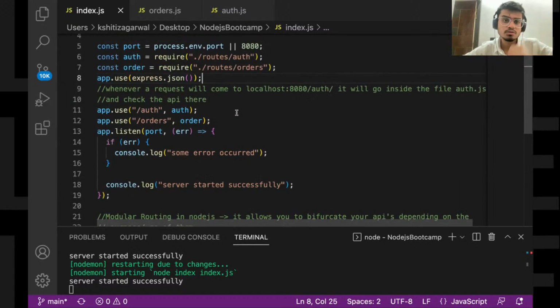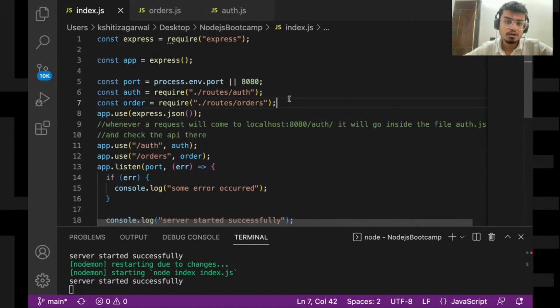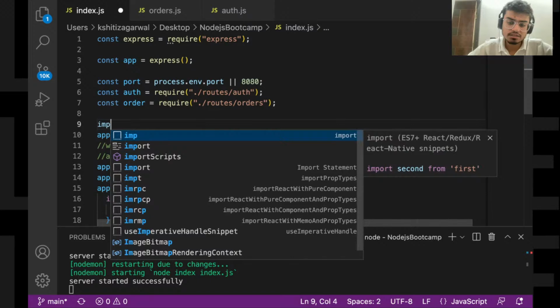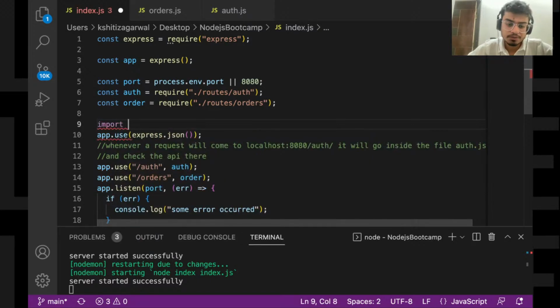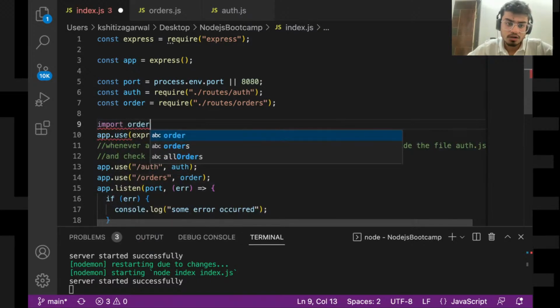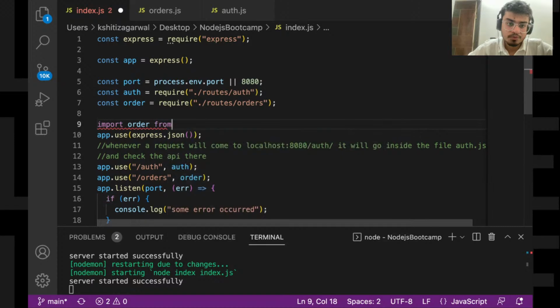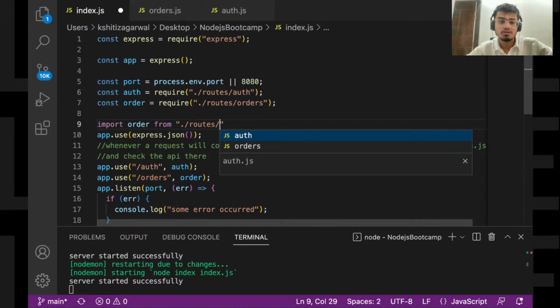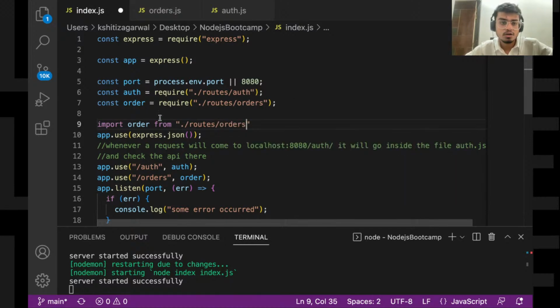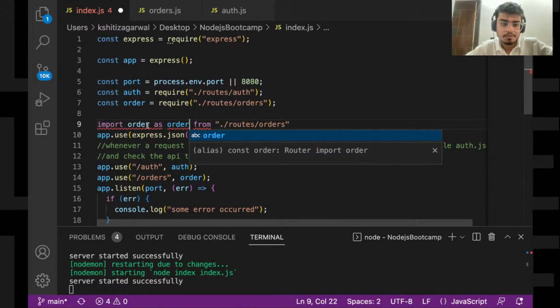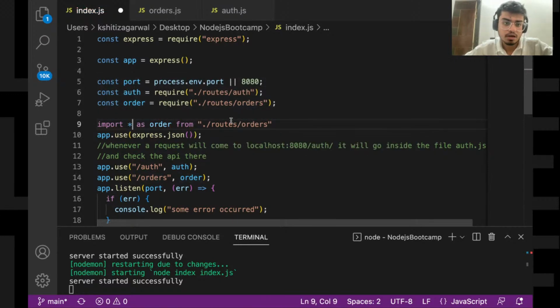Okay. So if I remember, there is the syntax like import order from dot slash route slash order, or like as order. Yeah. So I think this should work exactly the same as the above line is working.